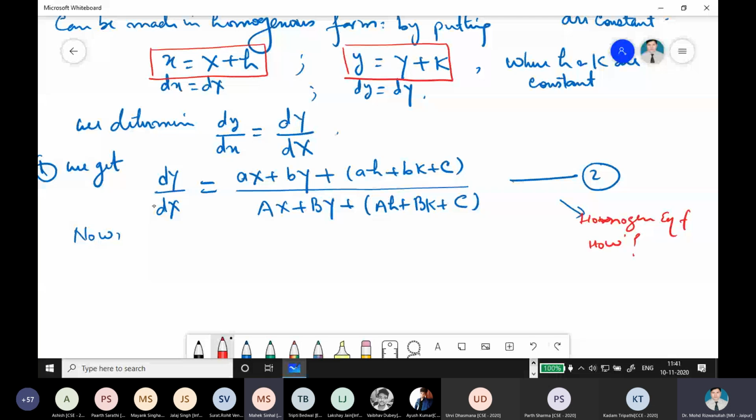Sir, when the constant part becomes 0. Yes, the constant part is 0. If this becomes 0 and this expression becomes 0, then it becomes zero. That means this becomes the homogeneous form. Yes, sir. Good. So now h and k are chosen such that